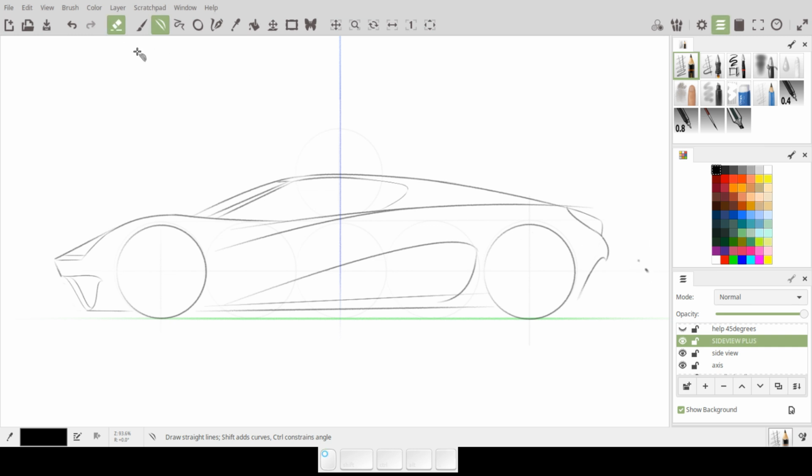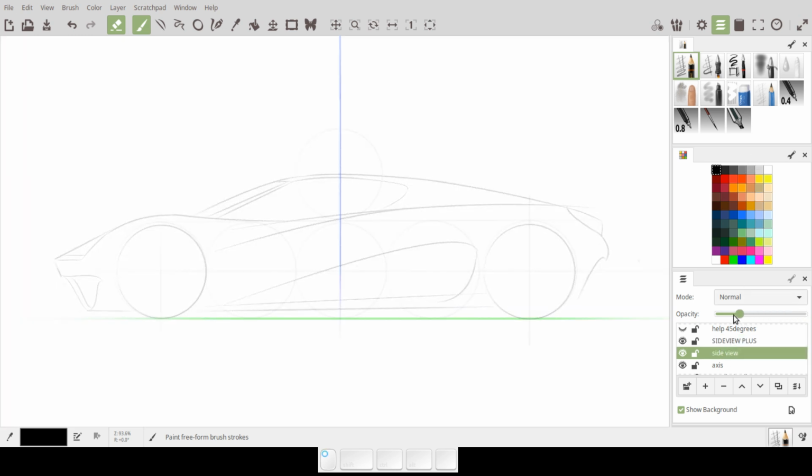And there I already drew some kind of stuff there that's not gonna be there. I'm gonna side view. I'm just gonna turn the opacity way up so I can find the lines that I really like, and try to match them up with something along the, maybe try this. Let's go ahead and